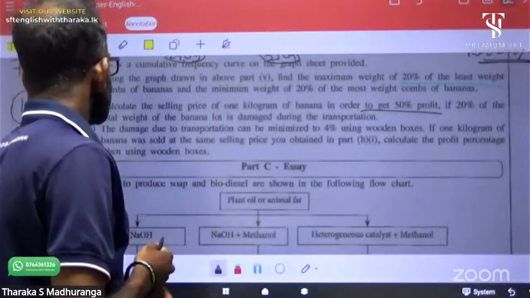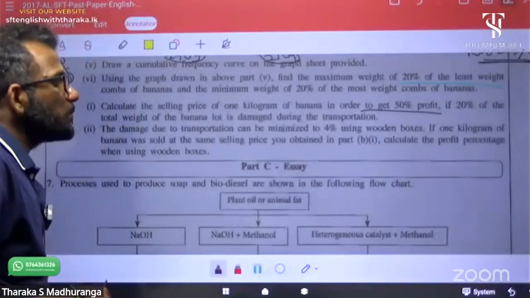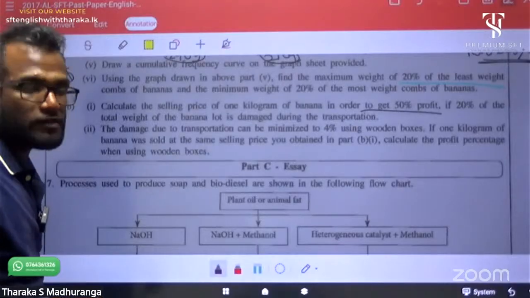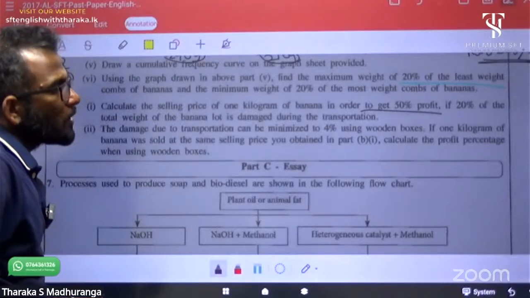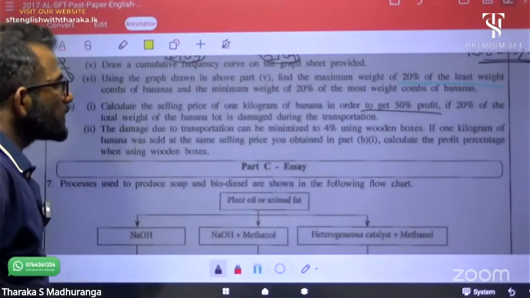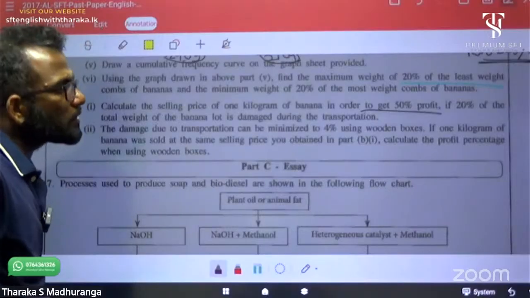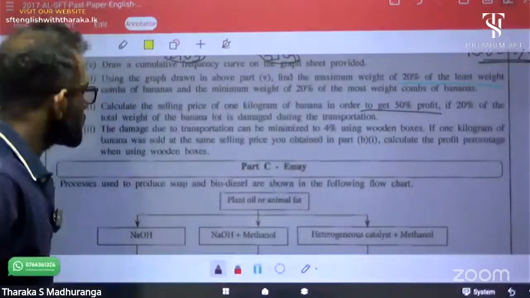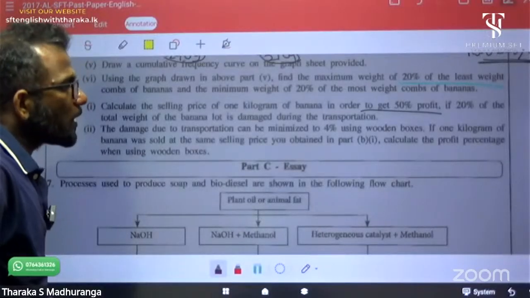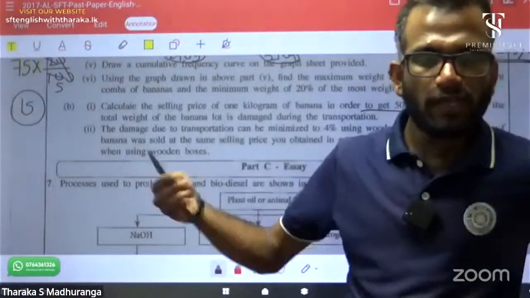Okay, final part. The damage due to transportation can be minimized to 4% using a wooden box. If 1 kilogram of banana was sold at the same selling price you obtained in the previous part, calculate the profit percentage when using a wooden box. If we use a wooden box while selling,